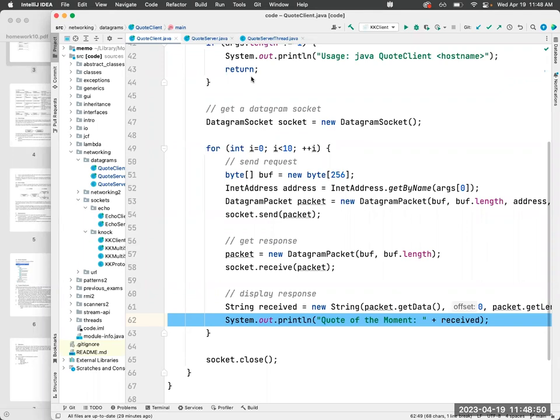So you could implement, in this example, I don't have that, but you actually could have that case as well. Because there's no point of connection, right? So anyone could contact the server. In this case here, the server is receiving a signal, an empty packet, right? And then it's just sending a quote back, right? So it can do that for multiple different parties sending messages. As long as all these parties know the port number on the quote server side, then it should be enough for the server to just launch threads and then respond to